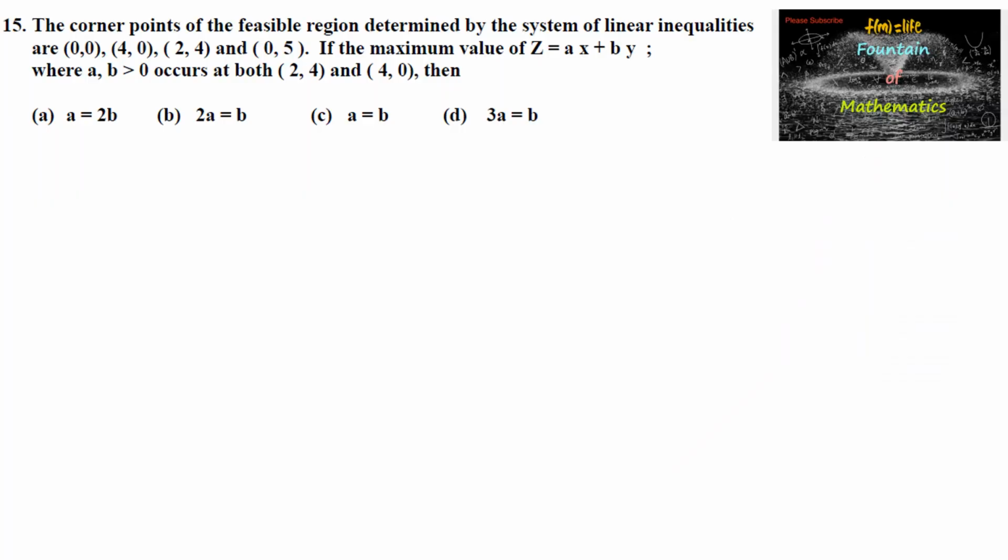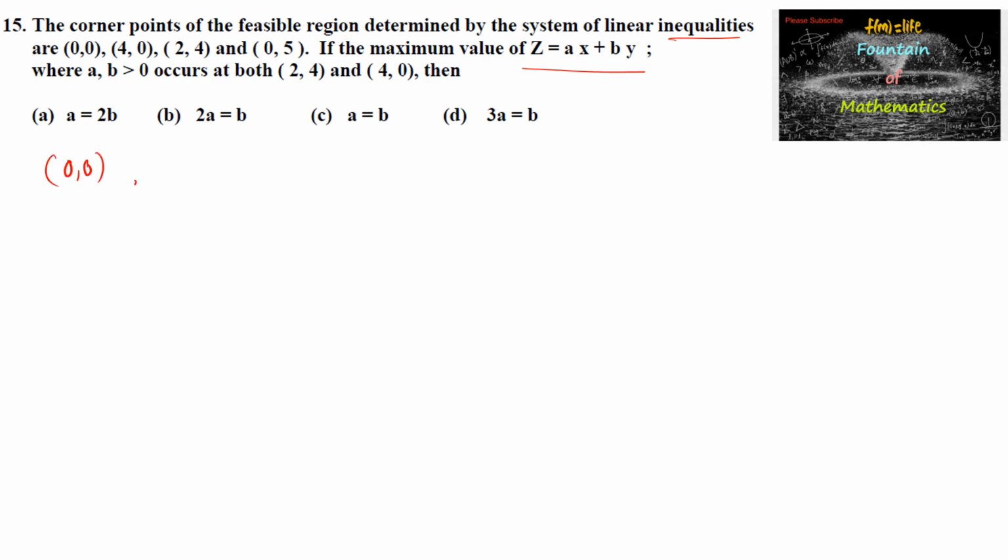The corner points of the feasible region determined by the system of linear inequalities are (0, 0), (4, 0), (2, 4) and (0, 5). If the maximum value of z = ax + by, where a, b > 0, occurs at both (2, 4) and (4, 0), then... And since the corner points are given,